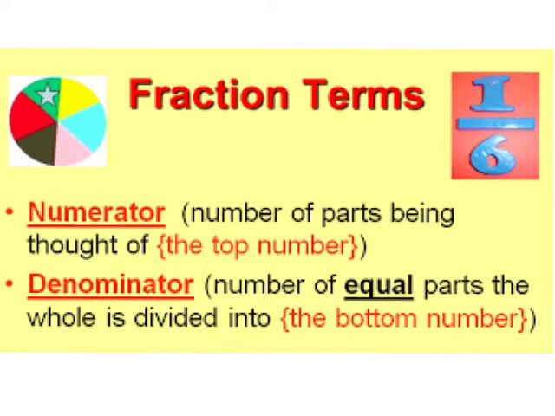All right, fraction terms. The top number here, the 1 in this situation, is called the numerator. It is the number of parts of a whole, the number of parts that we're talking about. The bottom number is called the denominator, and it is the number of equal parts that a whole is divided into. So for instance, if you think about a pie,